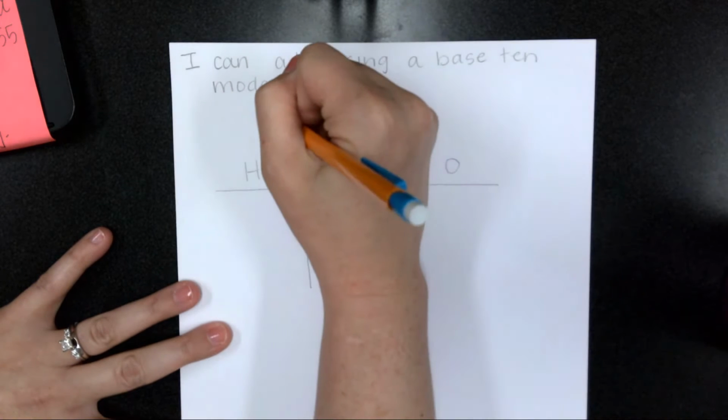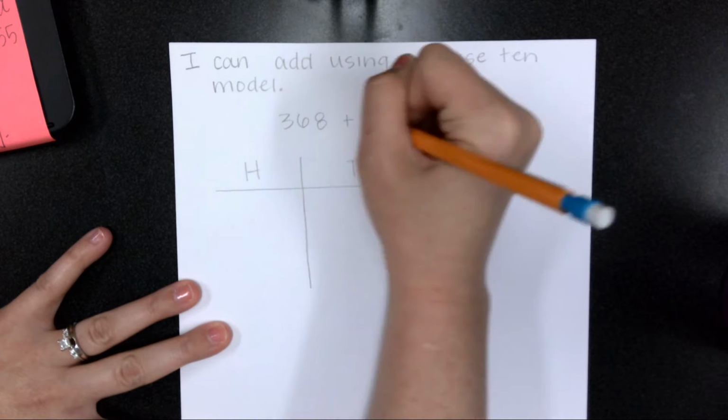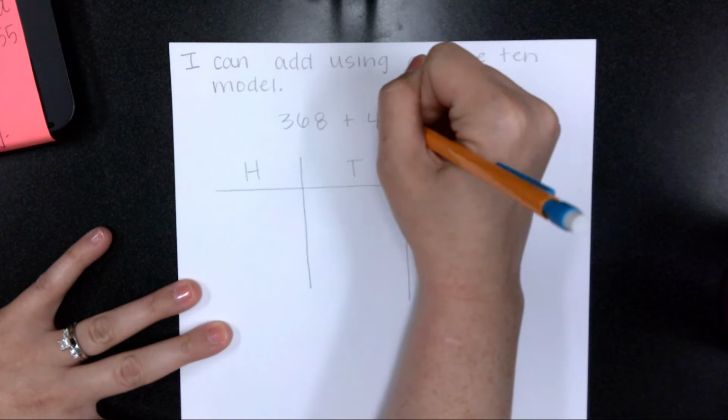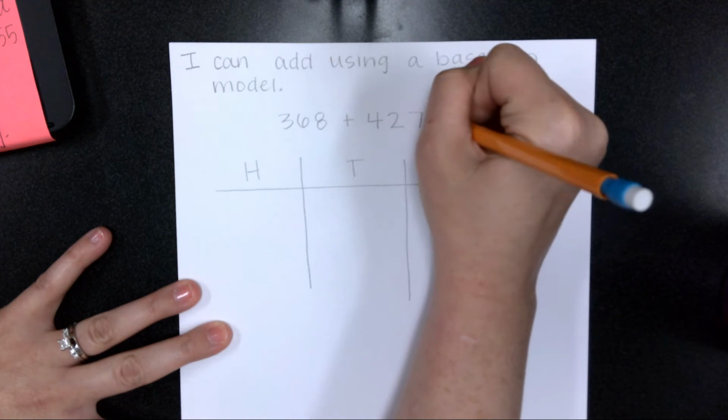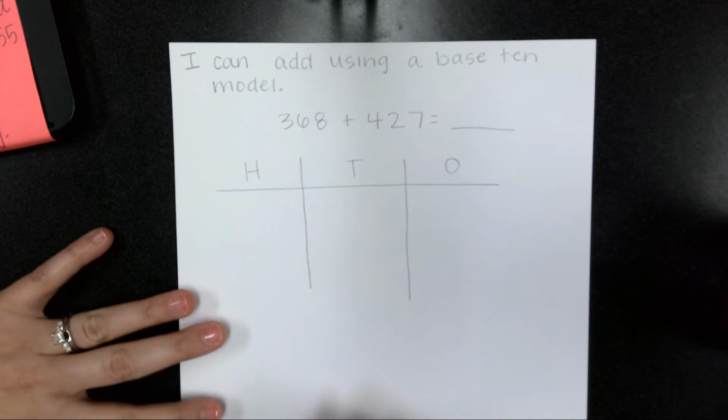Today we're going to add 368 plus 427. So let's write our equation. So now I'm going to go ahead and draw a base 10 model for